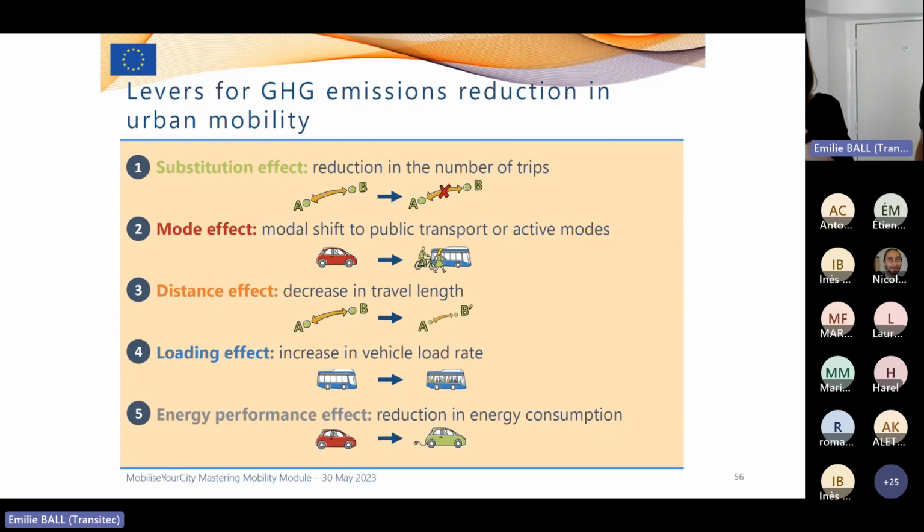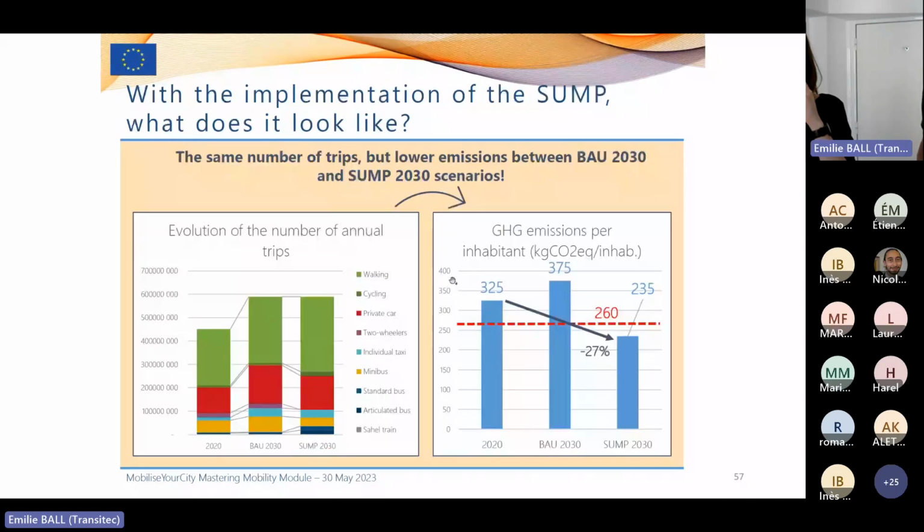And last but not least, the energy performance effect. If you have a reduction in energy consumption of your vehicle fleet, you can have a decrease in greenhouse gases emissions. So once we analyzed all these, we managed to apply it to the action plan of Greater Sousse and to see the impact of the implementation of SUMP